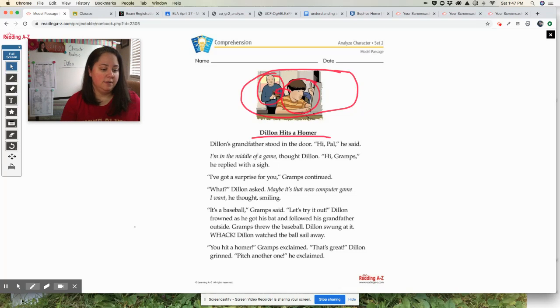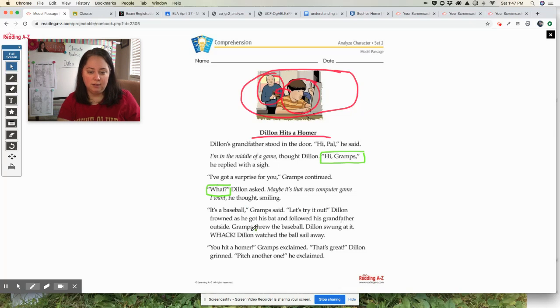All right, so let's start with the color green, and let's start with what Dylan said in the story. So Dylan says, "Hi, Gramps." And I'm identifying what he says with the quotation marks. He says, "What